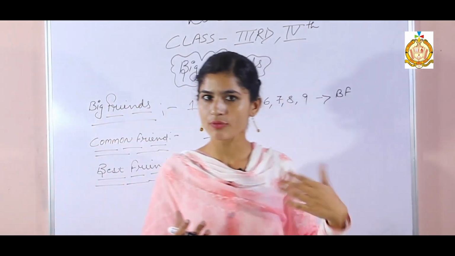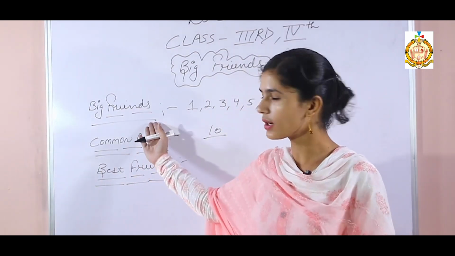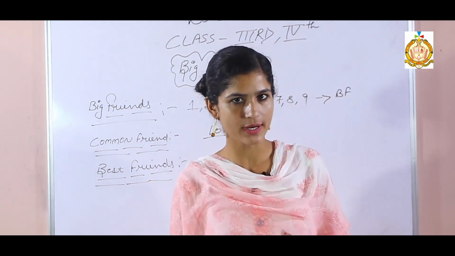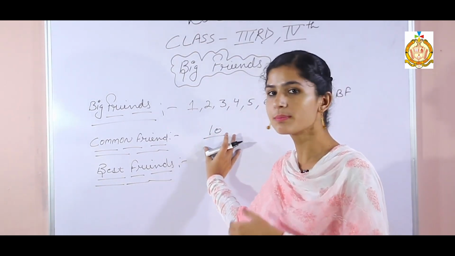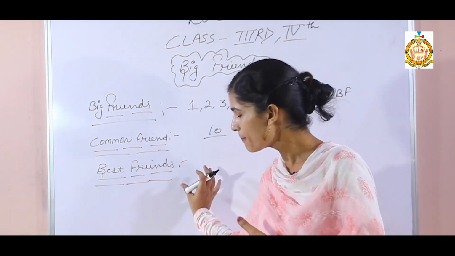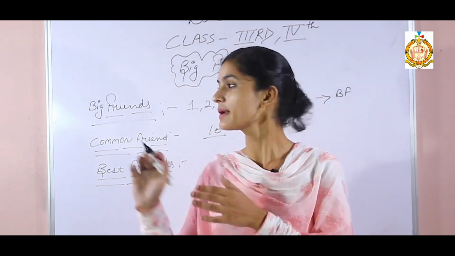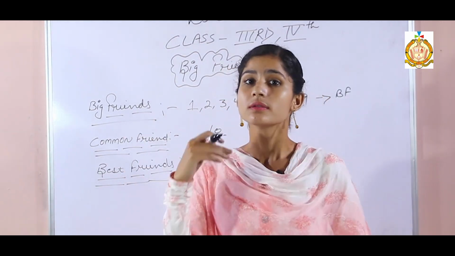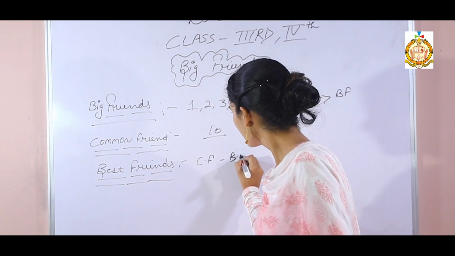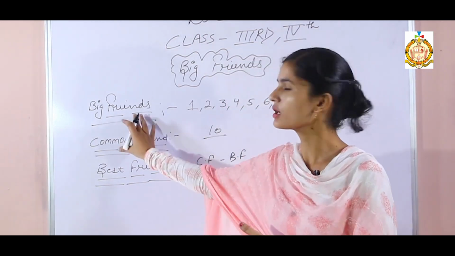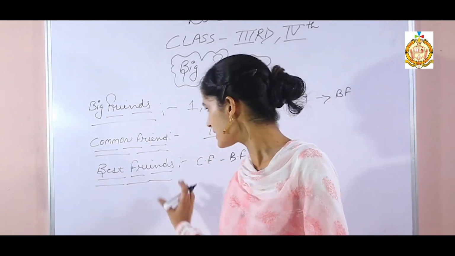So in this level, like small friends, we have 3 main topics: big friends, common friend and best friend. Big friends we already learned, 1 to 9 numbers are known as big friends. Common friend is 10 because we will talk about 10 numbers here. So the last big number is our common friend. So best friend, how will we calculate the best friend? Last time we learned, in small friends, from the common friend subtract the small friend, but here from the common friend you have to subtract the big friend. Only the difference is there because here we are talking about big friends, so in the place of small friend, we have to write big friend.